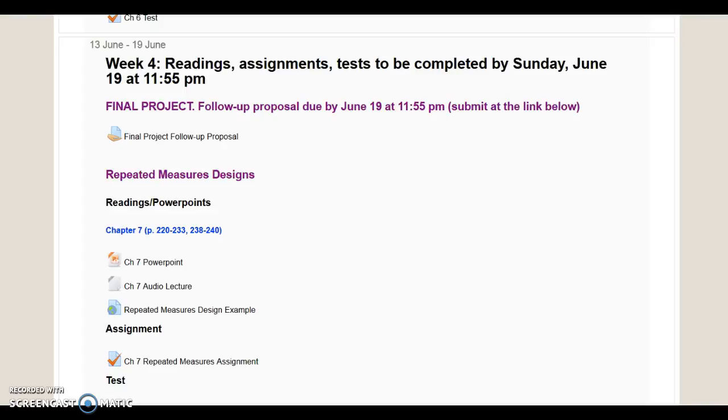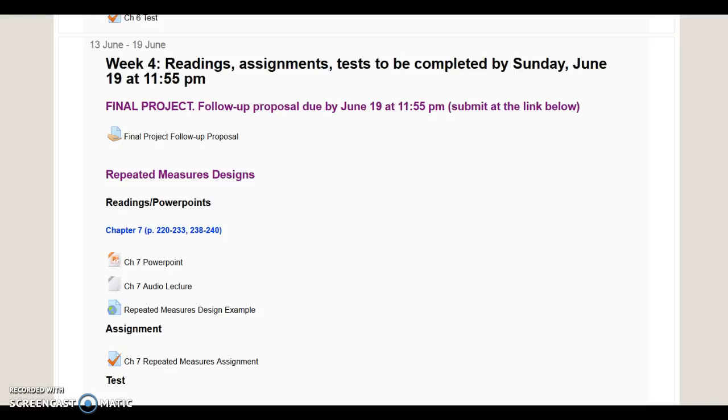Last week was a tough one. There were a few concepts that people struggled with. Also, you turned in your final paper follow-up proposals, and I'll be grading those throughout the week and sending you feedback through Moodle. First, on the repeated measures chapter, the design, whether it's incomplete or complete, tells you about whether